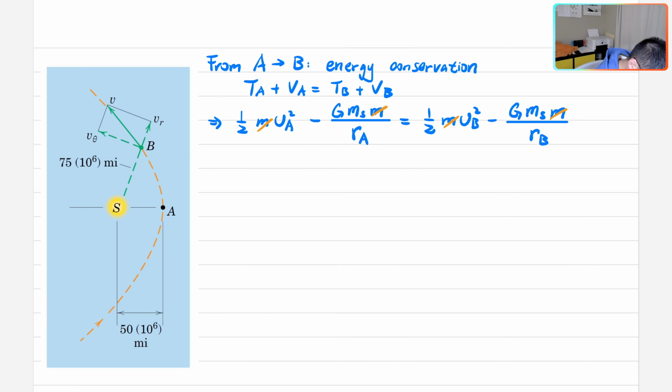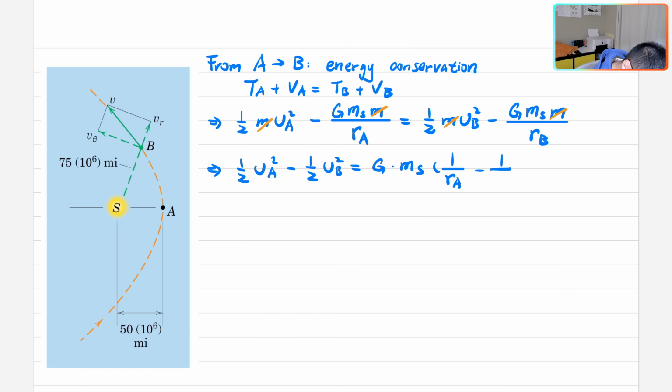Okay, now we'll keep going here. 1/2 VA squared minus 1/2 VB squared equals G, the mass of the sun, times 1/RA minus